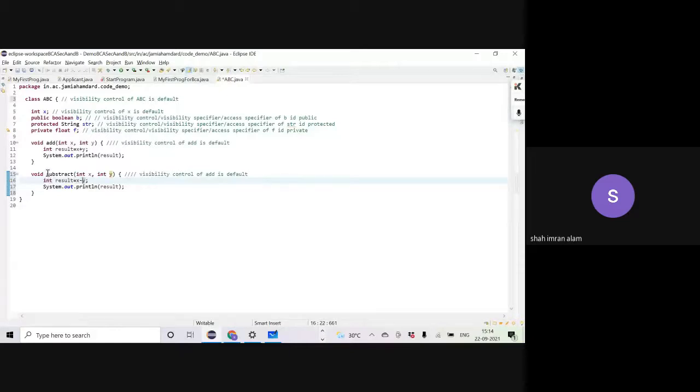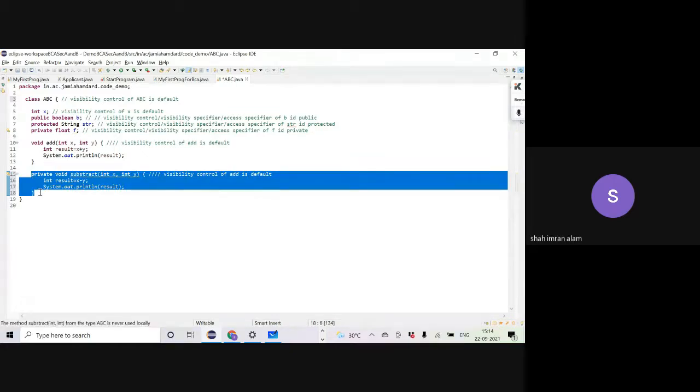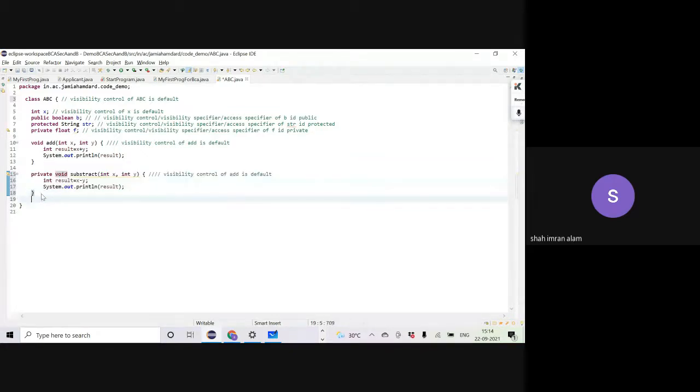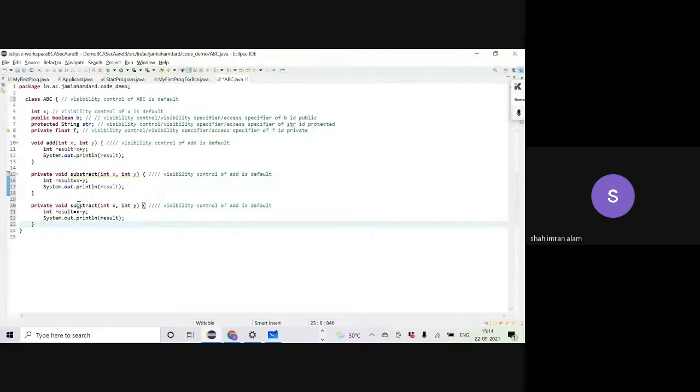Let me say this is private. Similarly, let me define another method, multiply, and let me say it's protected. Here I change the operation to multiply, and it will print the result.